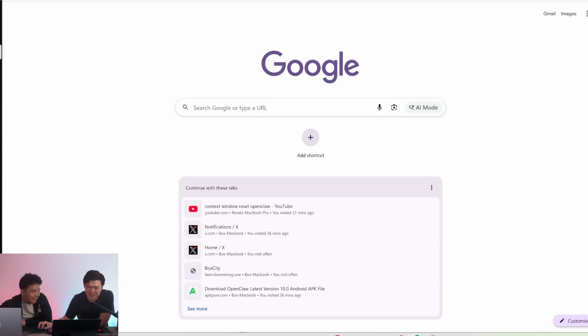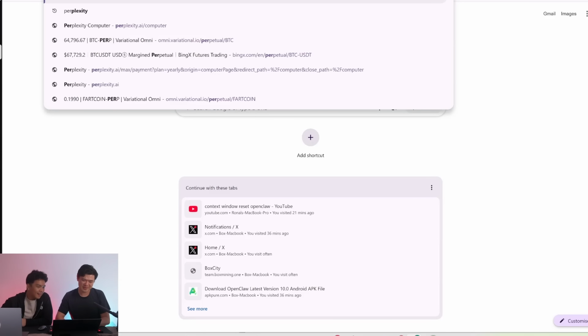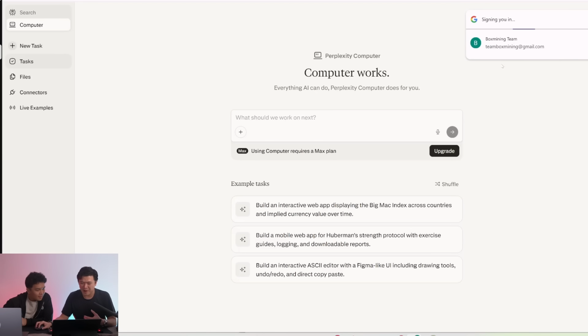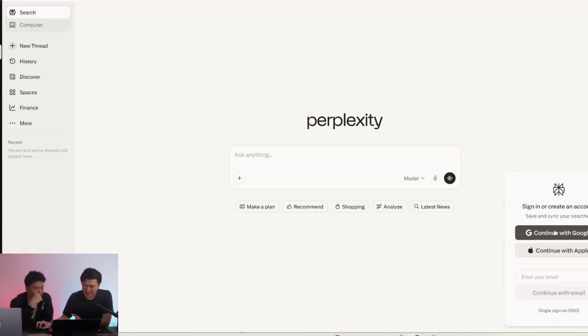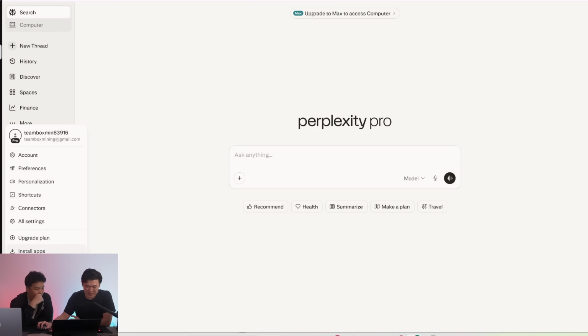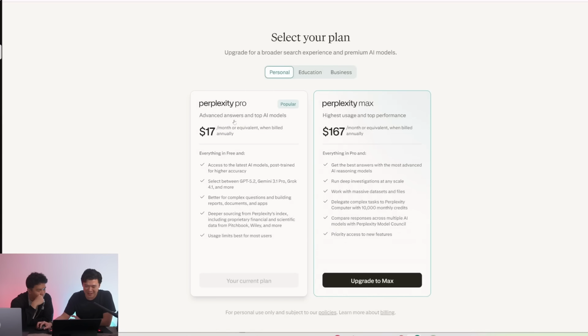So let me log into this one. This is my frustration. This is what I got. Perplexity Computer. The scammy part I would say about them is that we already have Perplexity, and what's kind of preventing me from throwing endless money at this is that we already have one of these plans, right? I already have the Pro plan. Yeah.